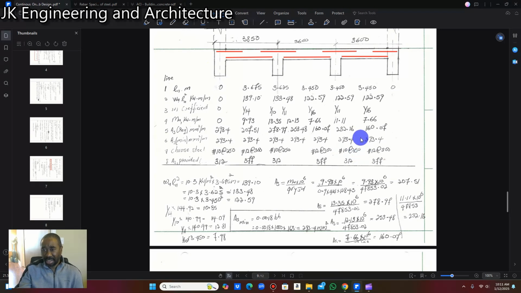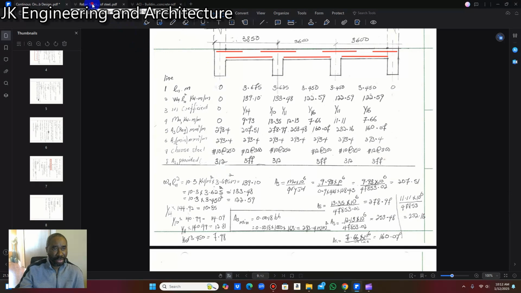on center, right? And for our tension bar here, in the tension zone, we're going to choose number 12 at 300 millimeter on center. And for our top bar here, at the end, we're going to choose number 10 at 250 millimeter. All right, so that is it. I have shown you how I come up with the reinforcement. And of course, our area of steel is going to be